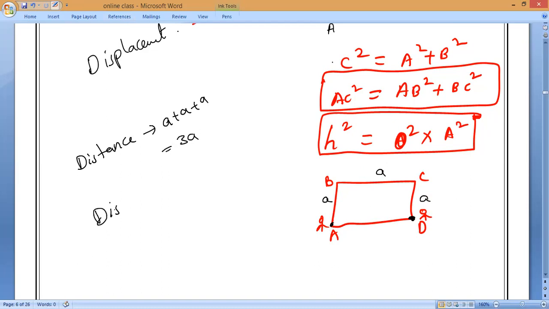Now, what is the displacement? If this is A, then what is the displacement? From A to D, this is the shortest distance. Yes or no? The shortest distance is